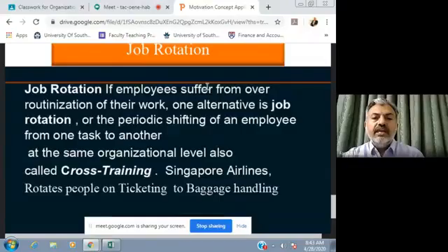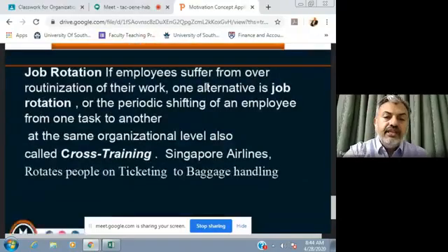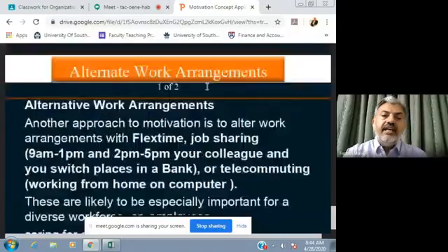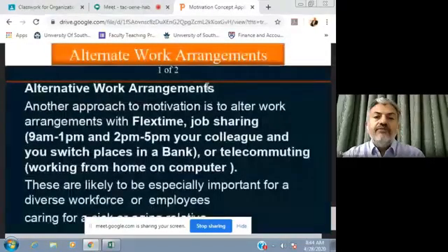Right? That's how they remain at the same organizational level, and they have different tasks to perform after every few months. So this is a periodic shifting, decided by the organization, that every 4 or 5 months we would swap places of these workers, and that's how they will have something new to do, plus they will learn the new skill as well. So they will have a vertical growth by learning so many skills of the operations that are carried on by Singapore Airlines.